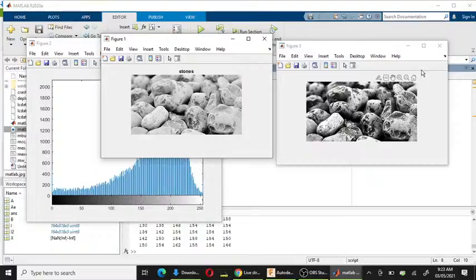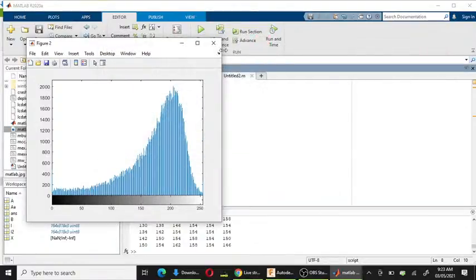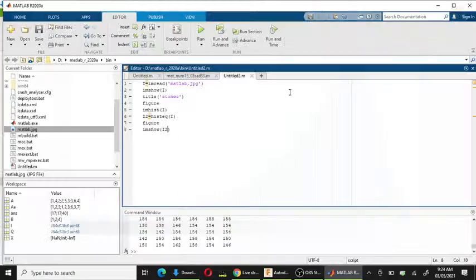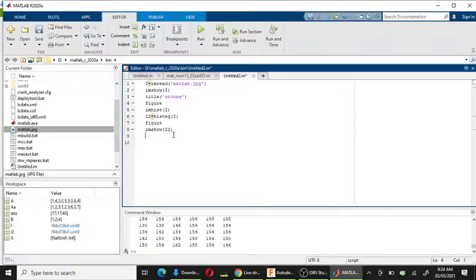All right. Now let's make the histogram of this I2. Hist of I2.